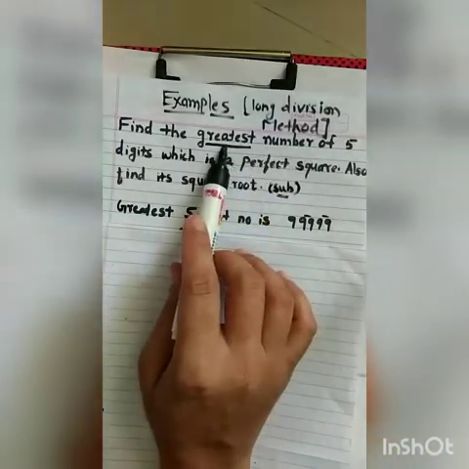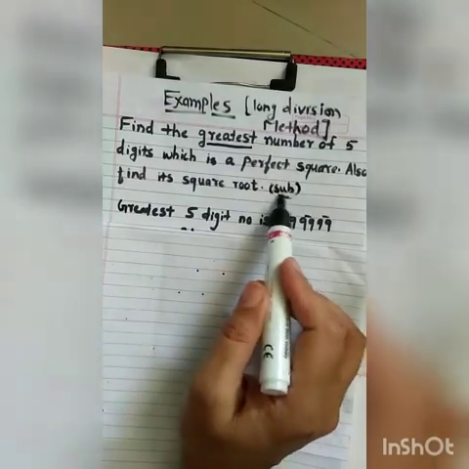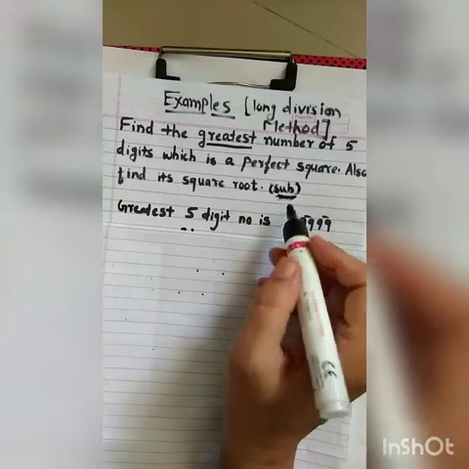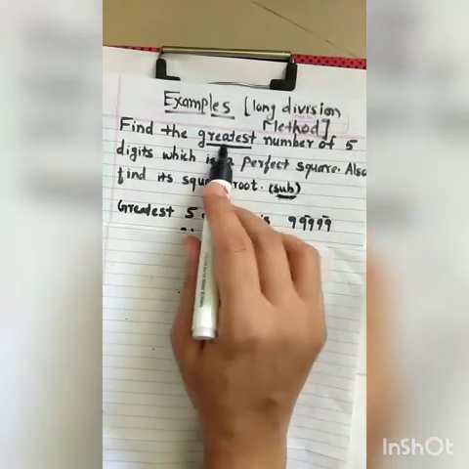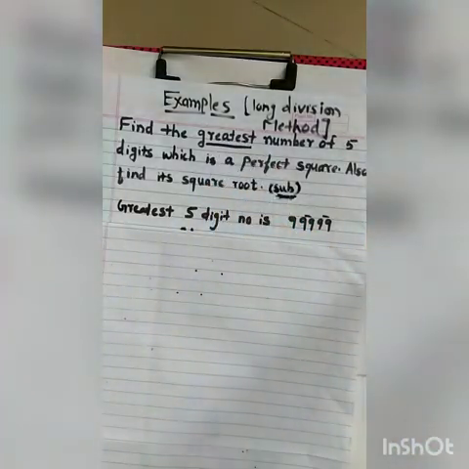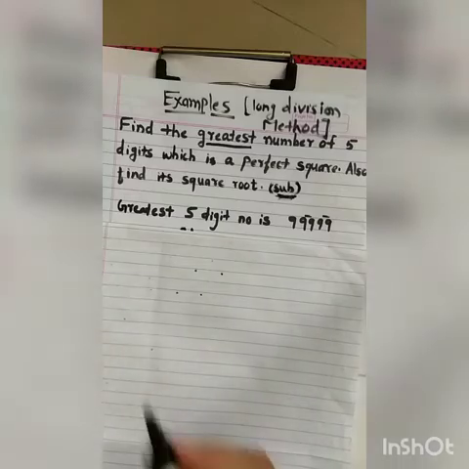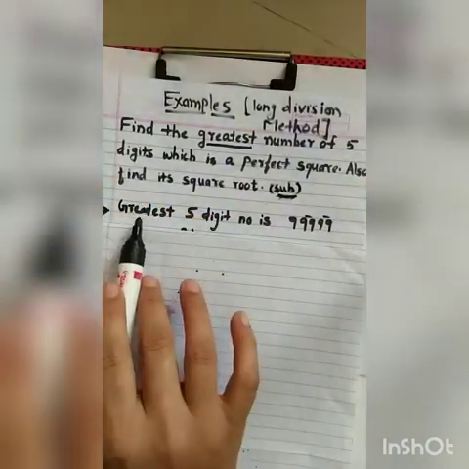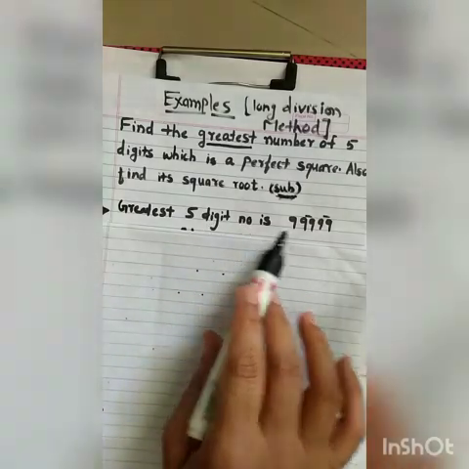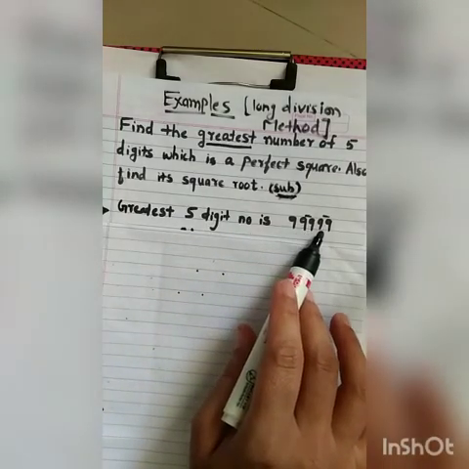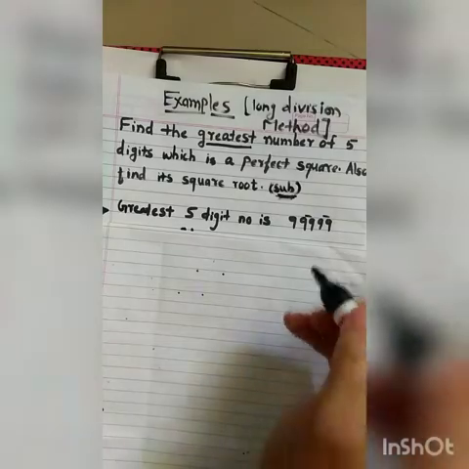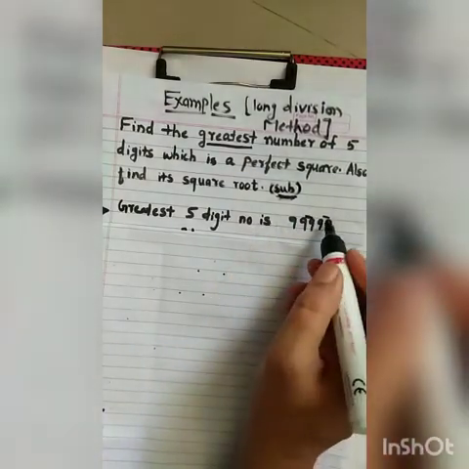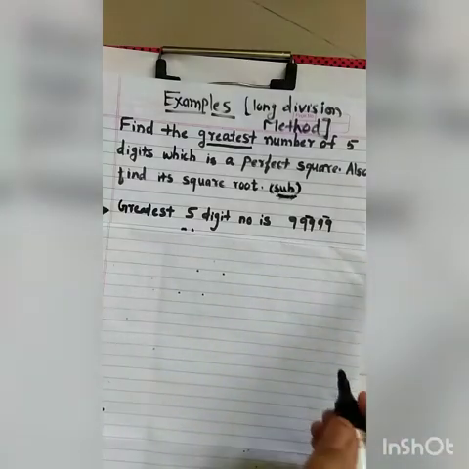As we have seen what should be subtracted type of sum, that's why in bracket I have written SUB for subtraction. The same type of sum is for your greatest number, nothing else. Okay, let's start solving the sum. You all know that the greatest 5-digit number is 99,999. Now from unit place forward, we have to make the pairs of the number.